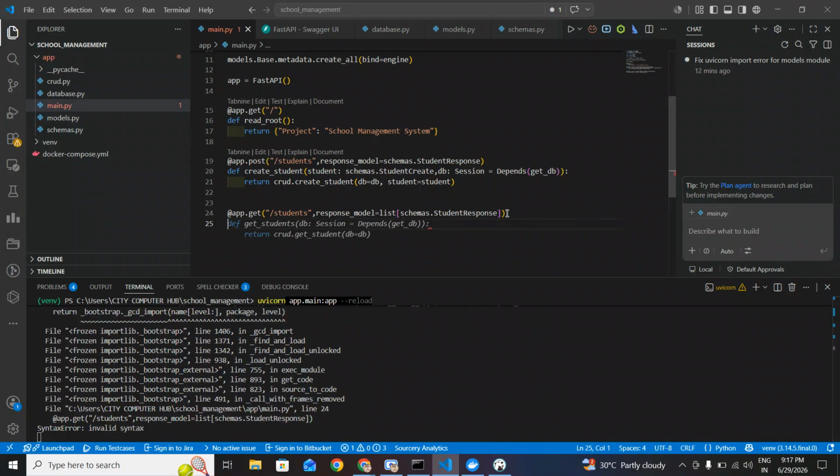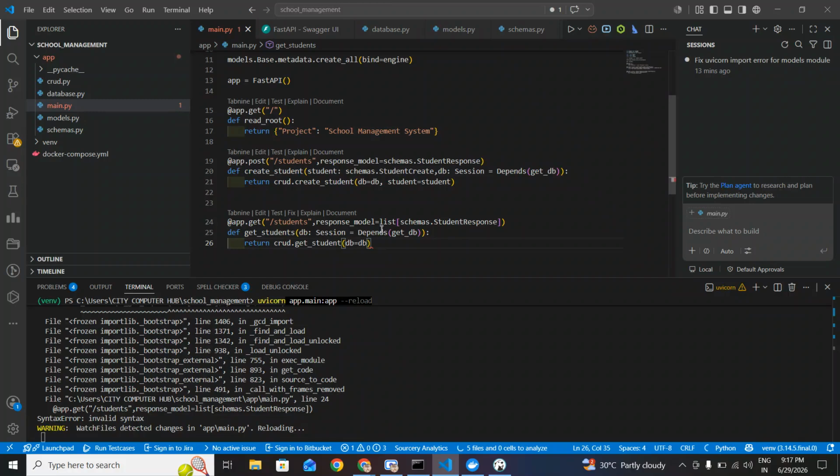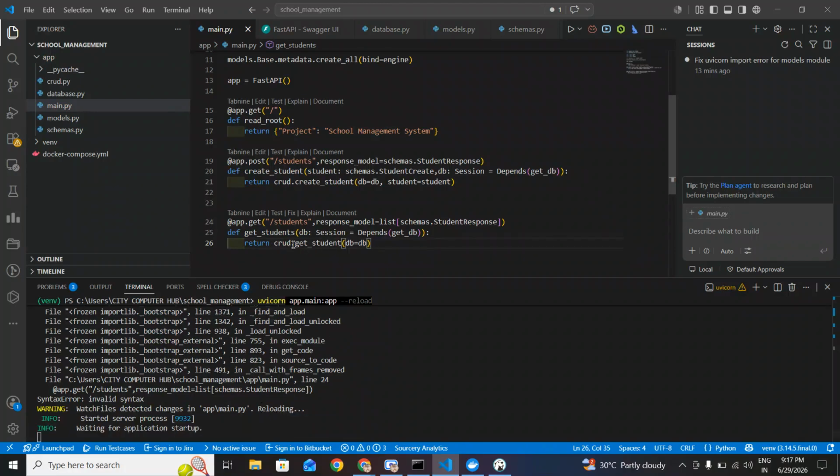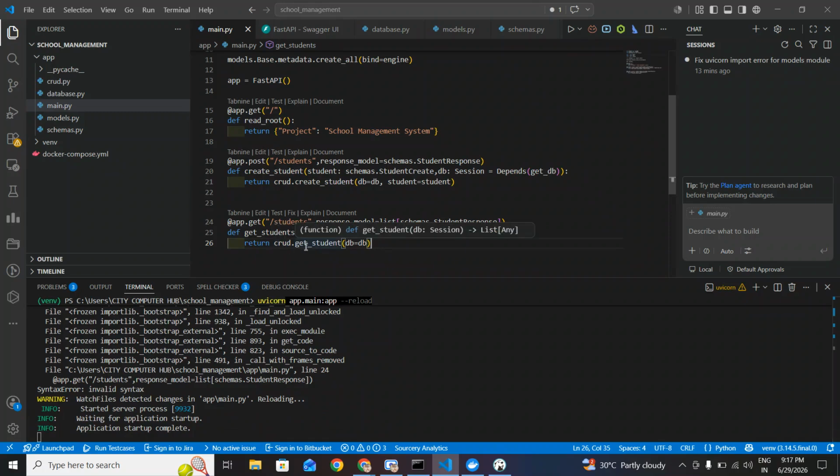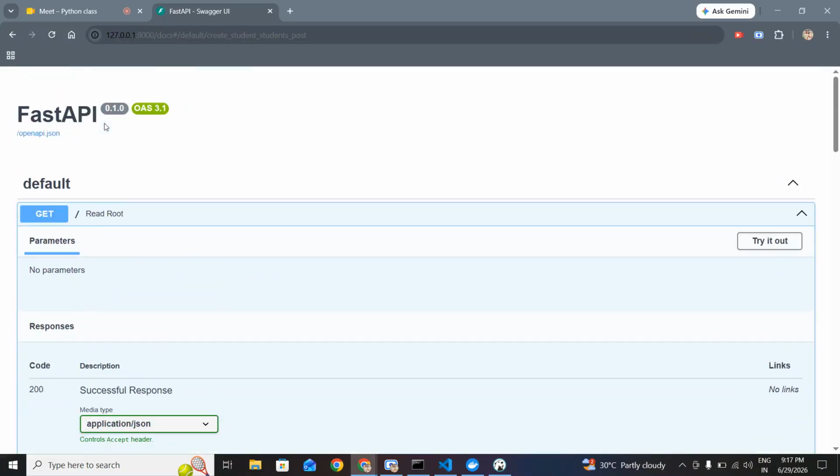Let me check. So the session is correct, and the Depends. Okay, the session is correct, and this session will be interacting with our DB. Okay, correct. Now see, we are simply passing our DB session, and then we are performing a CRUD operation on the student table. Basically, we are calling the CRUD function only, and we are passing the session object. Okay, now we are good with this API as well. If you refresh this, then